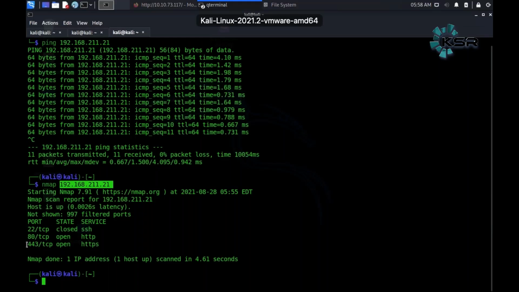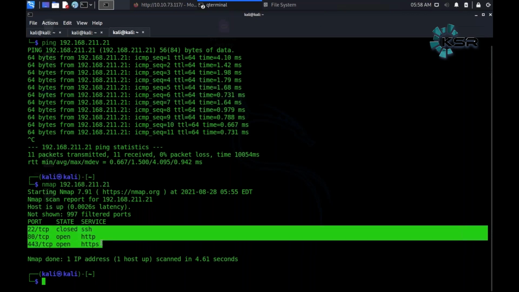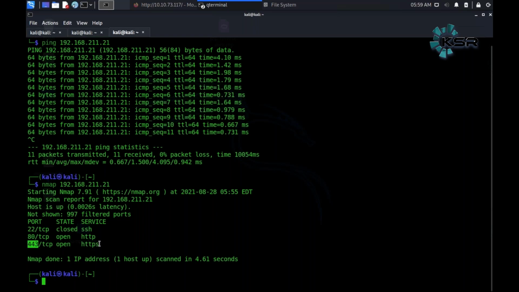Similarly, in this case, what do we get? We get a few services running on a particular IP. Now, if we have to examine this further, what will I try to do? I know that if I enter this IP on my web browser, something will show up, because it says that a service called HTTPS is open.